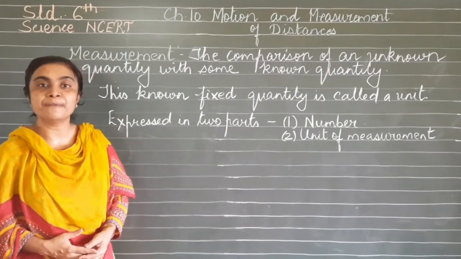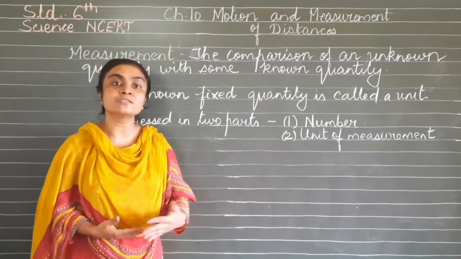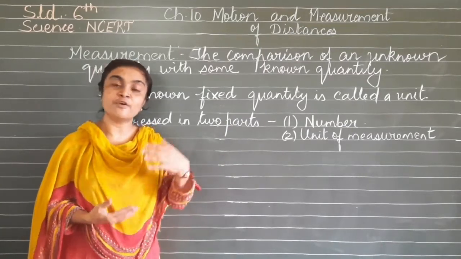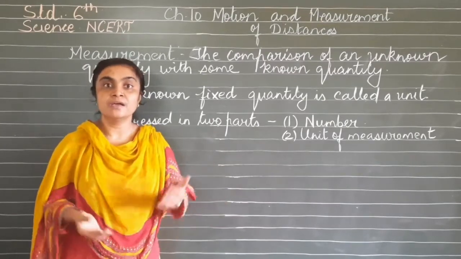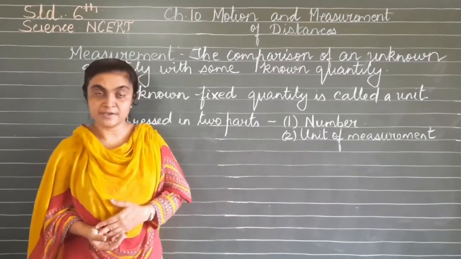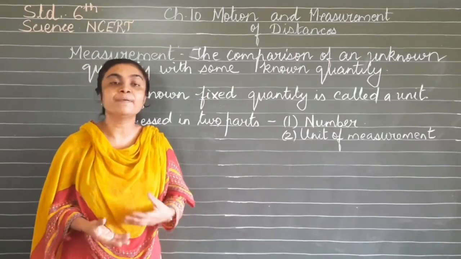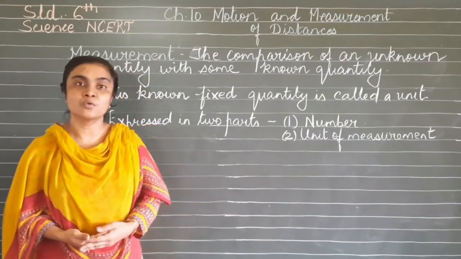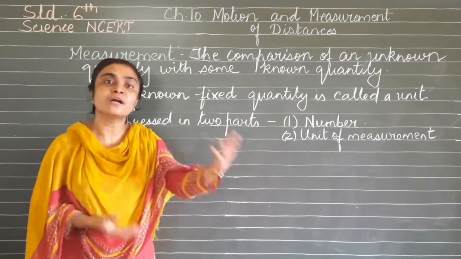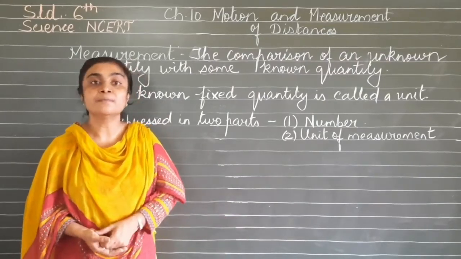Now let us see measurement. There are different occasions where we come across measurements. If you want to purchase anything, if you want to go from one place to another, we need particular measurements. For example, if a tailor stitches clothes, there will be a perfect measurement of your body. Then only will he be able to stitch the clothes. If you want to go from Kashmir to Kanyakumari, there will be a particular distance. So that is also a measurement.